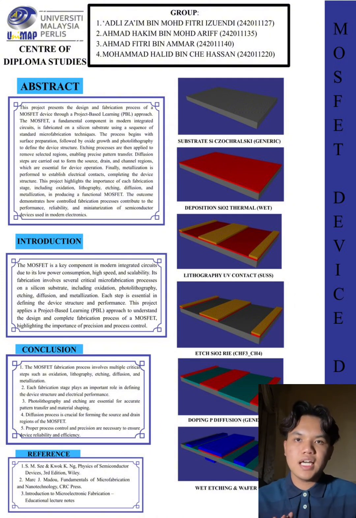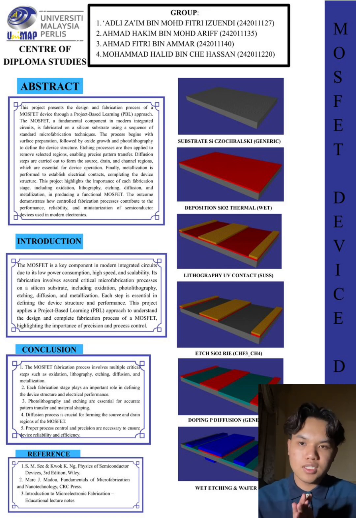For oxide etching and deposition, part of the oxide layer is removed using wet etching, especially BOE. Then a new SiO2 layer is deposited again. This step helps to clean the surface, prepare for the next patterning process, and ensure better layer quality for the further